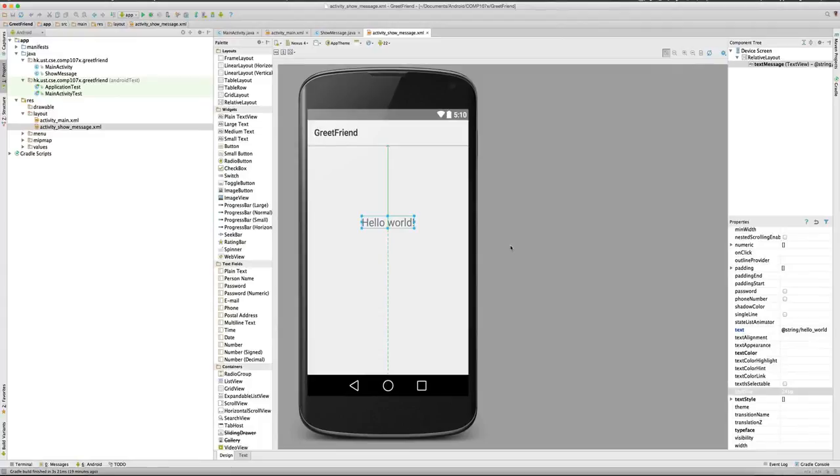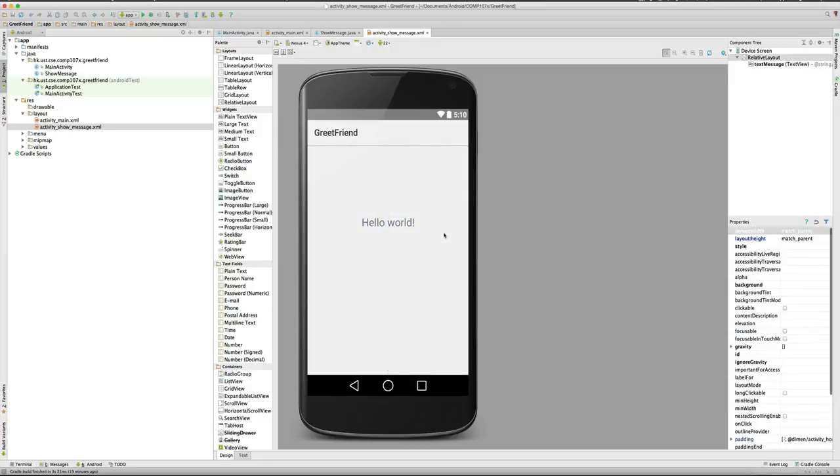We first remove the text view from activity main.xml, then add the new activity called show message, and then go in and edit the user interface and give the text view the same ID as we used before for the other text view. Once we have completed this part, let's modify the code in order